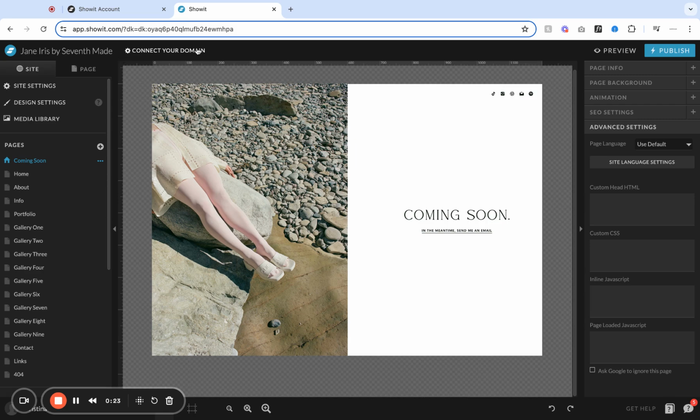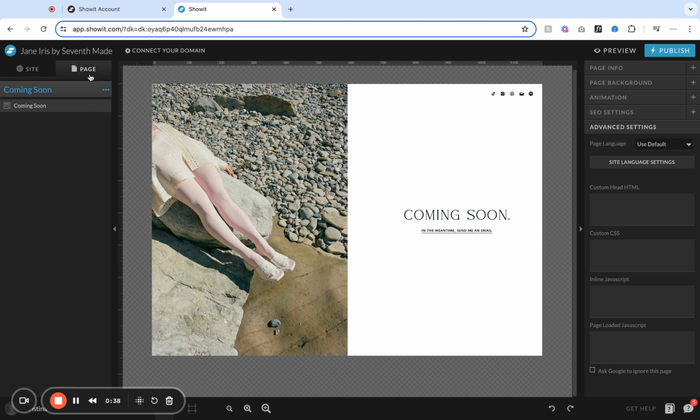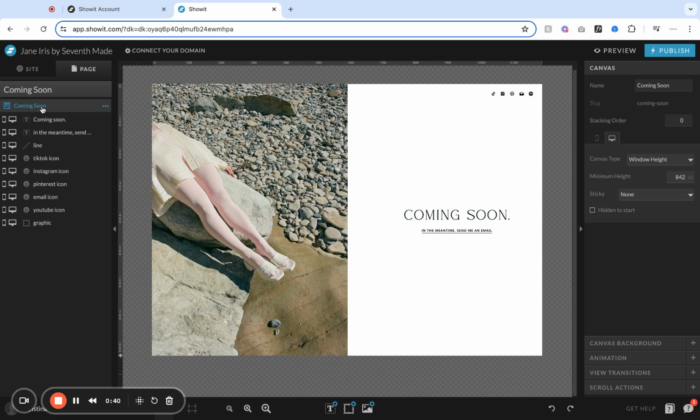We go over that in more detail in the Show It Overview video. Once your domain is connected, you'll notice this little house icon. This is indicating that this is your home page. So what you can do is go into the Coming Soon page, and if you click Coming Soon, this is